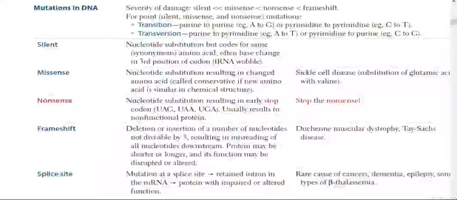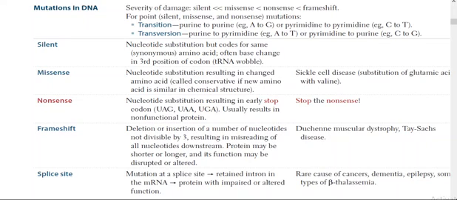Everyone, in this video we are going to discuss mutations in the DNA. What are mutations? Mutations are sudden changes in the nucleotide sequences of DNA, to be simple, in the gene sequences. Mutations are the major causes of various genetic disorders following either autosomal dominant or recessive or X-linked dominant or recessive